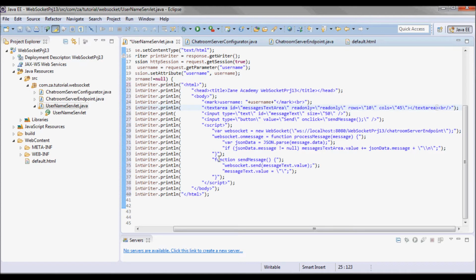And for the sendMessage function, when we need to send a message, I'll send the message that is inside the message text from here, and then I'll set the value of that message text to be empty.